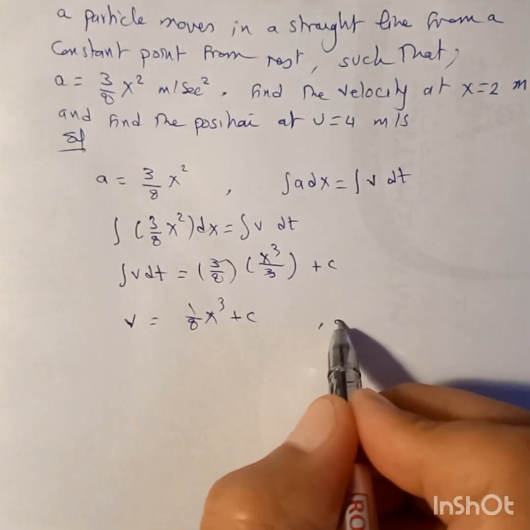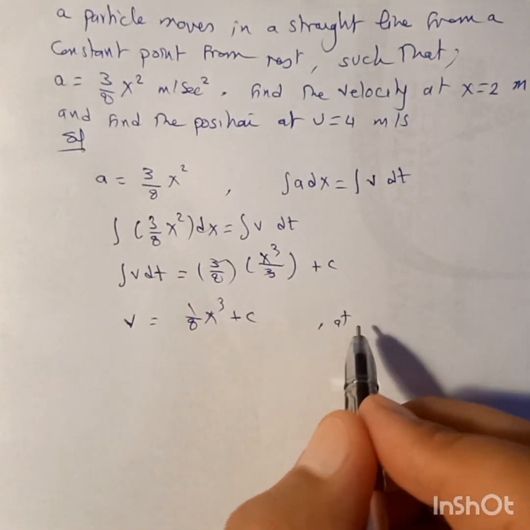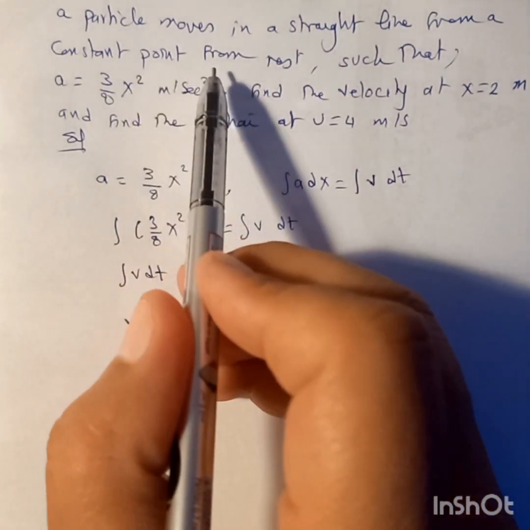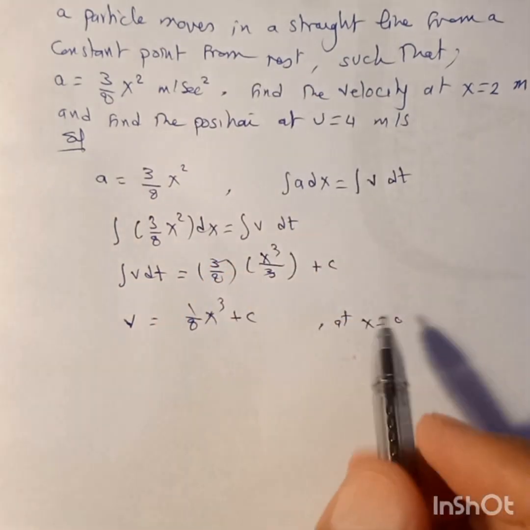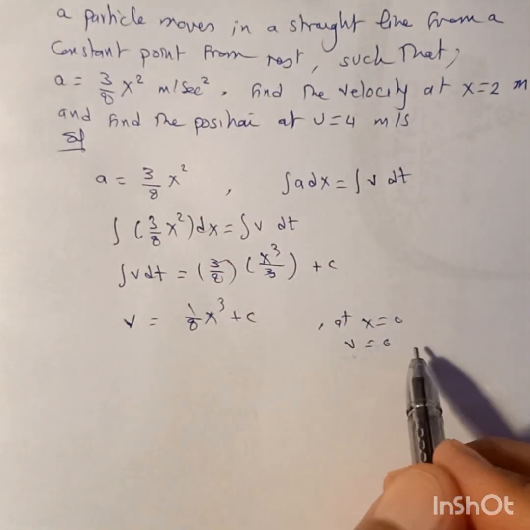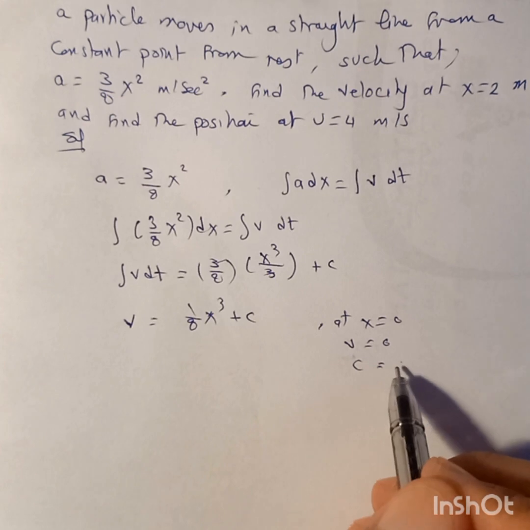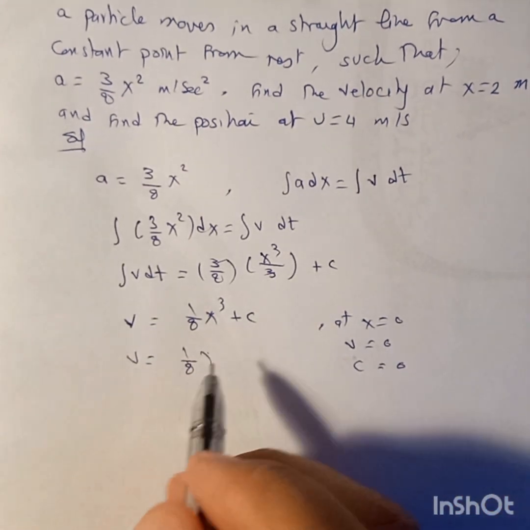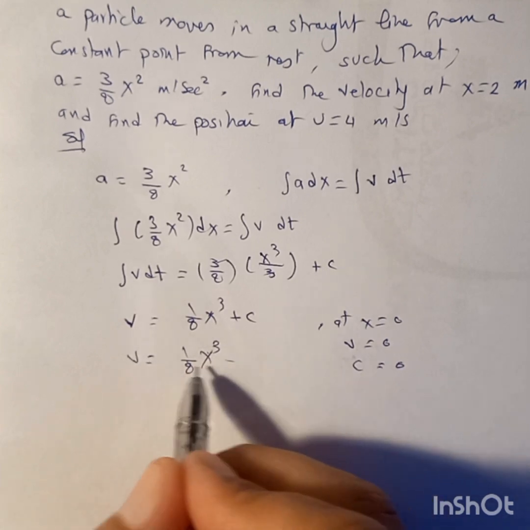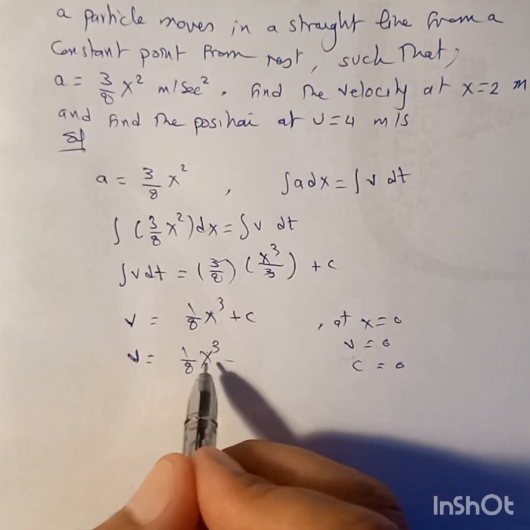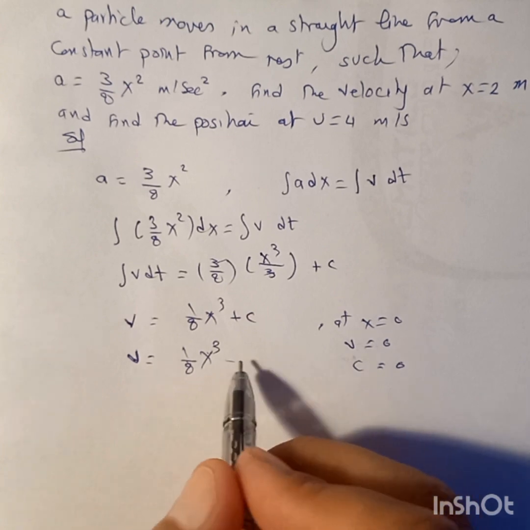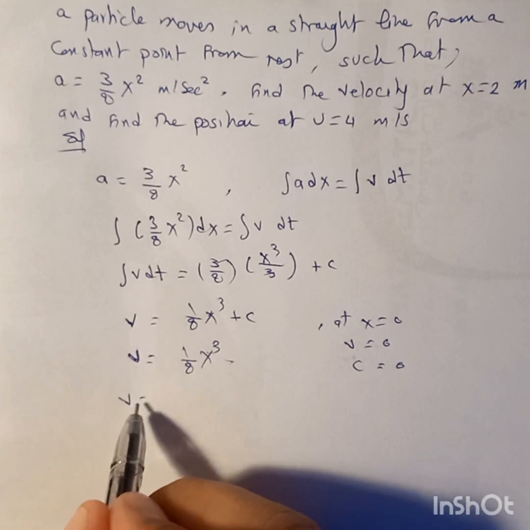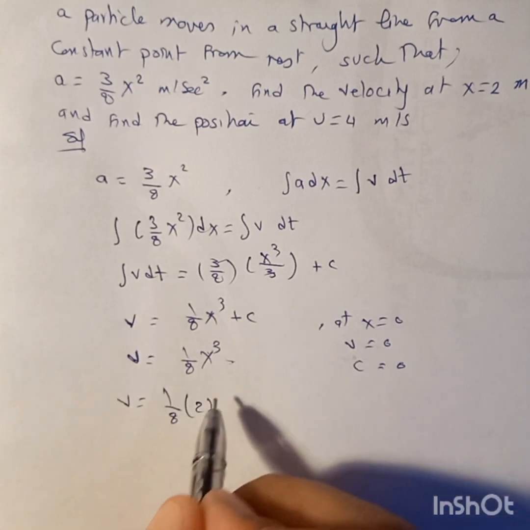To find this c at x equals 0, the motion started from rest, then v equals 0 at that point, and consequently c equals 0. Then we have v equals 1 over 8 x power 3 plus 0. Then v equals 1 over 8 x power 3. It's required to find this value at x equals 2, then v equals 1 over 8 times 2 power 3,